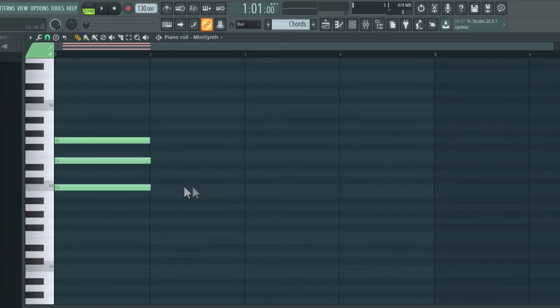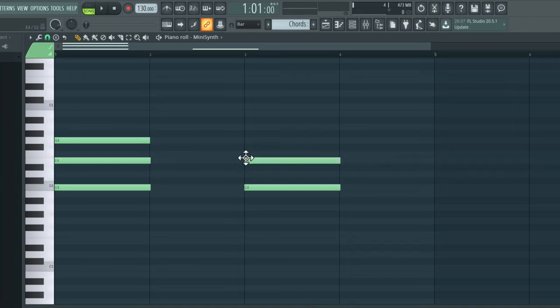One other thing to mention is when you create a new note, the note length will be the same size as the last note that you selected. So for example, if I draw in a new note now, it's the same length as all the other notes I've been working with. However, if I adjust the size of this note, and I'm going to hold down Alt to deselect Snap to change the length of this note,